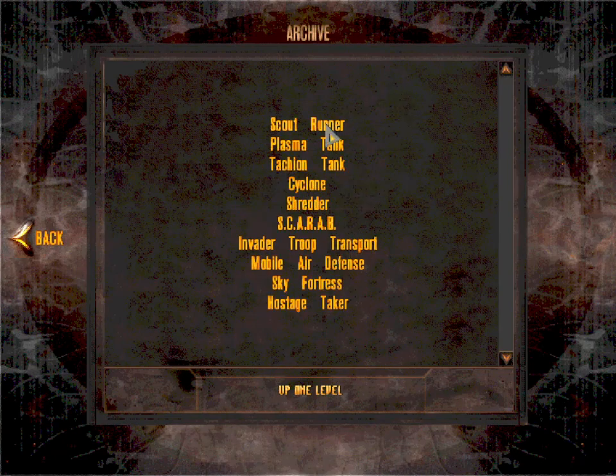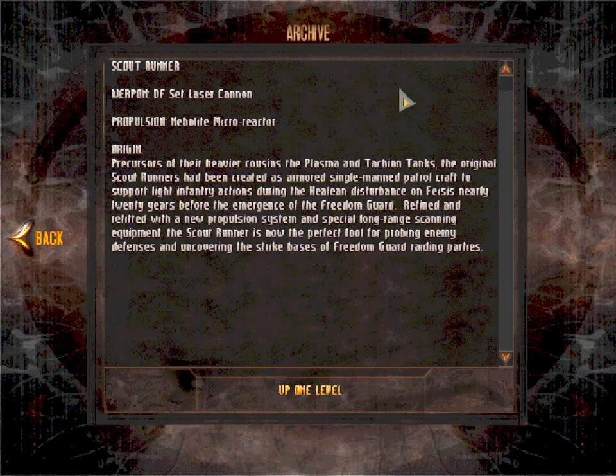Imperium vehicles. Scout Runner. Weapon: DF Set Laser Cannon. Propulsion: Nebulite Microreactor. Precursors of their heavier cousins, the Plasma and Tachyon Tanks. The original Scout Runners had been created as armored single-manned patrol craft to support light infantry actions during the Helian